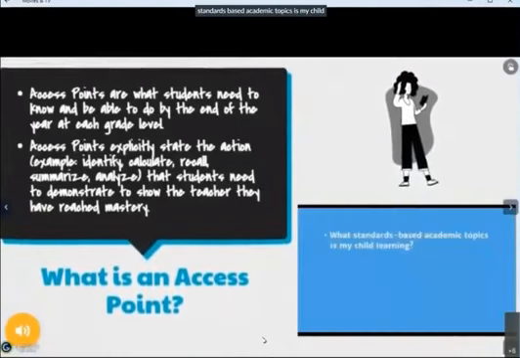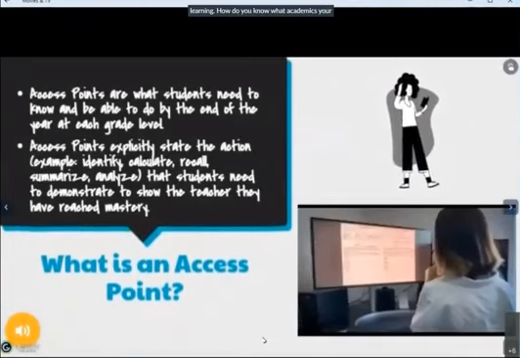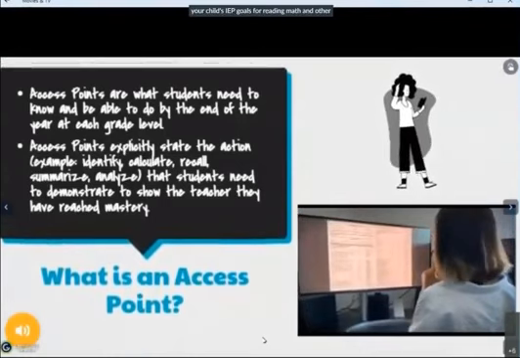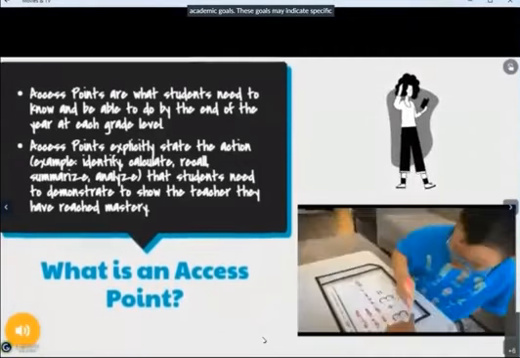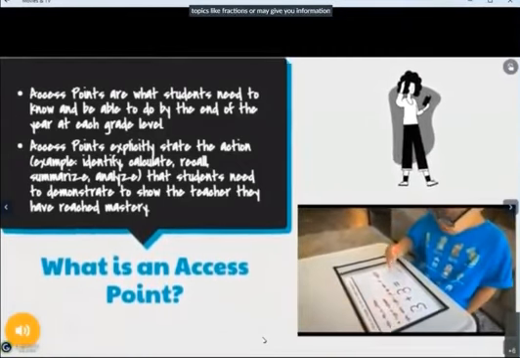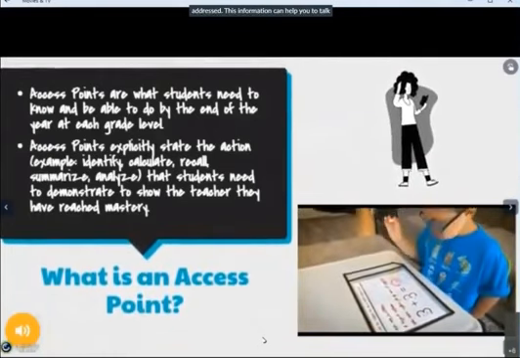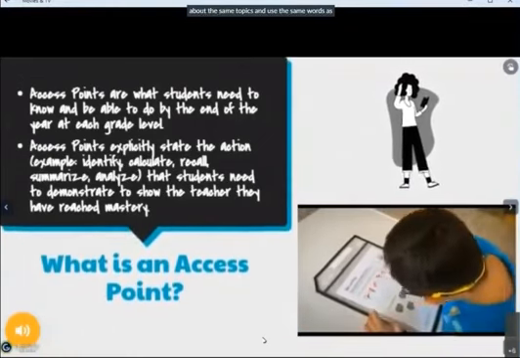What standards-based academic topics is my child learning? How do you know what academics your child is being taught? Check with teachers about your child's IEP goals for reading, math, and other academic goals. These goals may indicate specific topics, like fractions, or may give you information on the state academic standards that are being addressed. This information can help you to talk about the same topics and use the same words as are